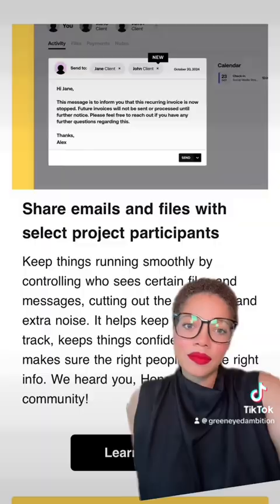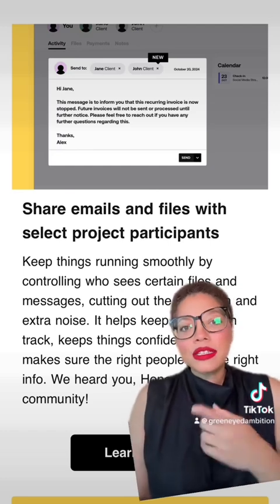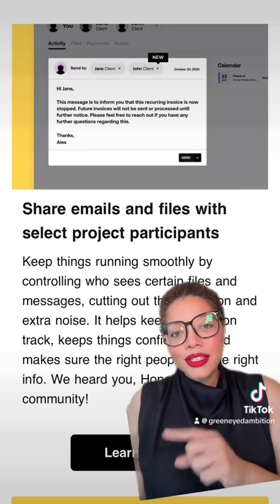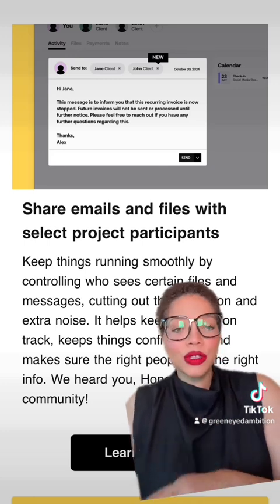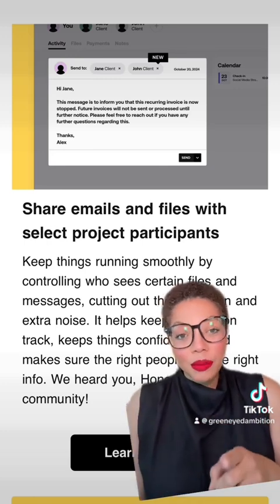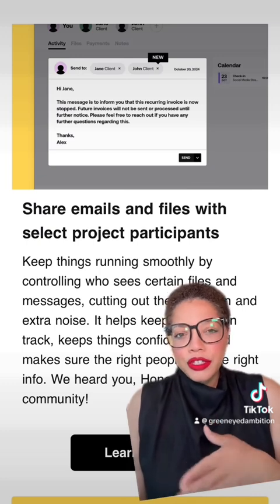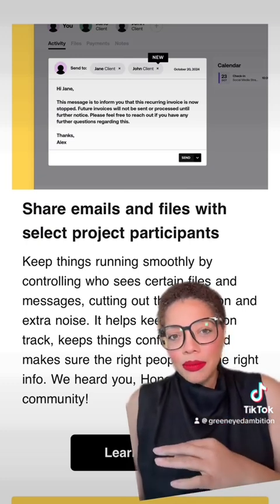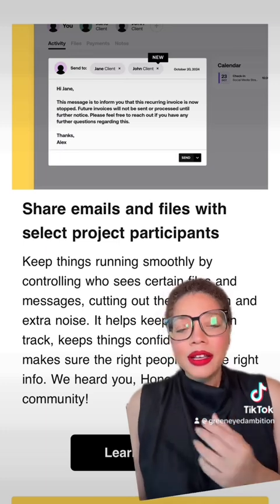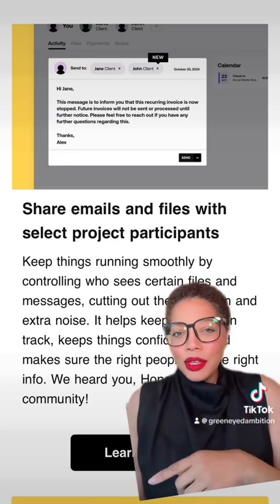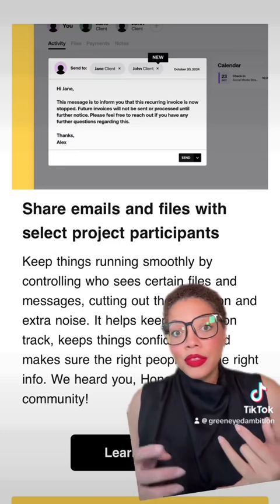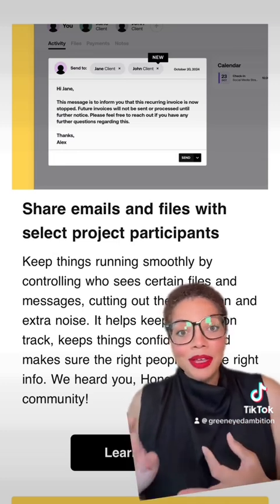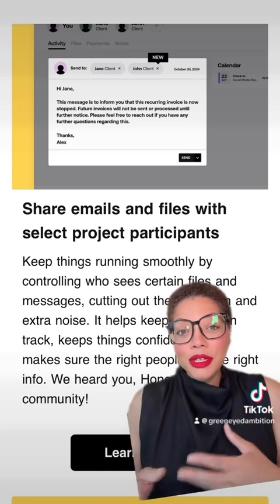Okay, so the first one is the ability for people to share emails, share specific files in an email to only specific individuals inside of a project. This is so important for those of you that I know that are in the wedding industry specifically, as well as some people that might be in corporate. I'm a corporate event planner by trade, but those of you that might be in weddings and you may have the bride, the husband or the future husband, and maybe like one or two other family members that are in